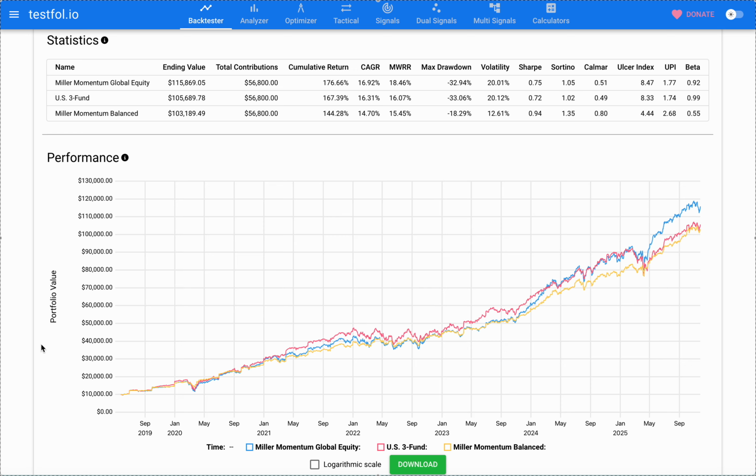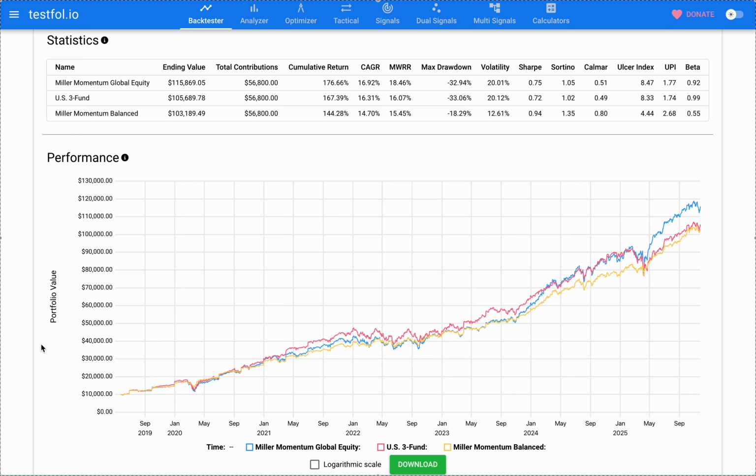The Miller Momentum Global Equity Strategy and the amount that it allocates to each global market sector is going to change over time. So if the US's contribution to the global market decreases to 40%, if US stocks are only 40% of the market, then we'll adjust that down on an annual basis and set the US equity portion in the global momentum strategy to 40%. If the US is 70% of the total world stock market, then we'll bump it up to 70%, but it shifts over time.